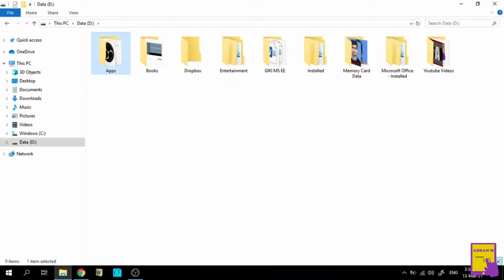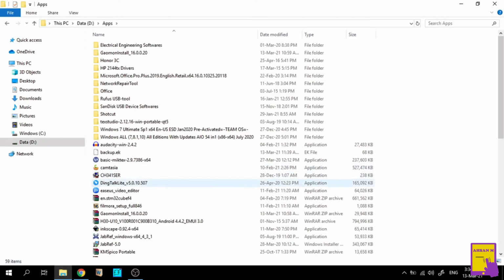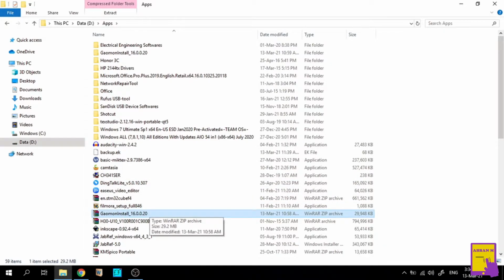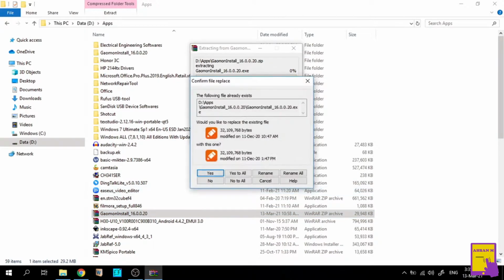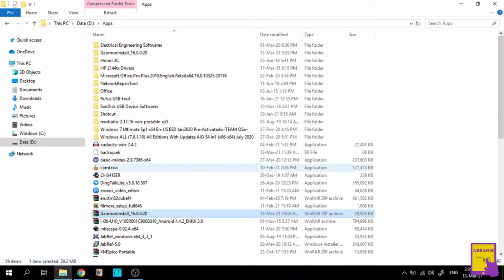Now I will go to the downloaded folder and you can see a zip file has been downloaded on my system. Extract this file on your computer. After extracting, you will get this folder.